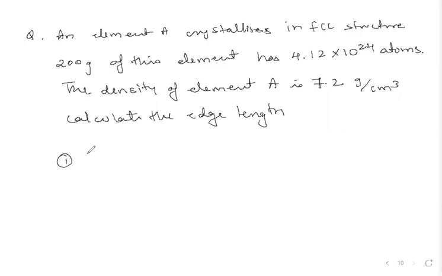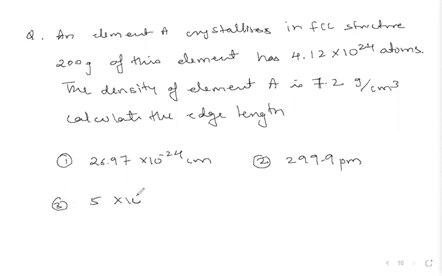Option 1, 2697 into 10 raised to minus 24 centimeter. Option 2, 299.9 picometer. Option 3 is 5 into 10 raised to minus 12 centimeter. And option 4 is 2.99 picometer. So कौन सा फॉर्मूला यहाँ पे यूज करेंगे? Which formula? Correct. चलो आप